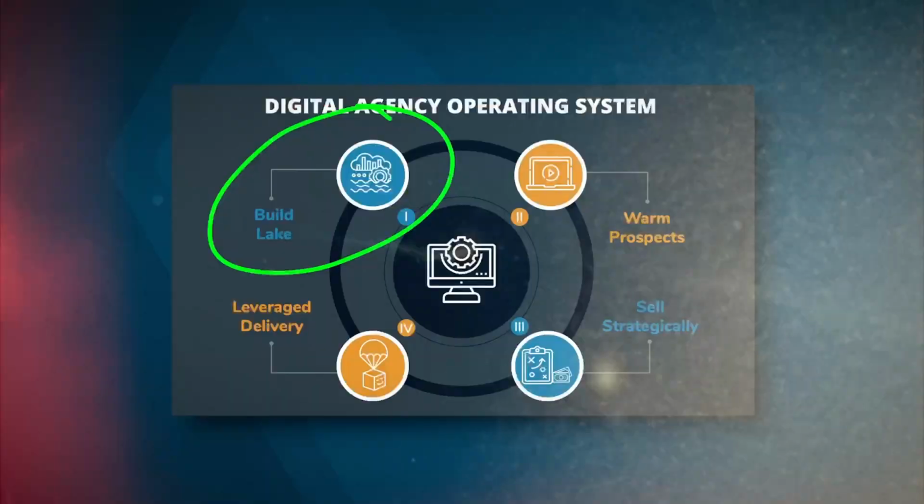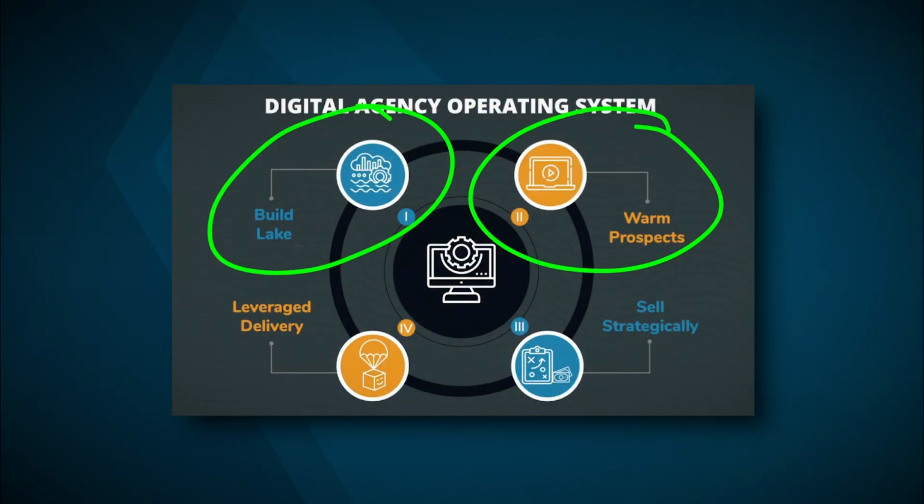An agency needs to have a lake. It needs to have an email list. It needs to have a customer database by which you can go back to and make offers again and again. That makes sales a lot easier. So speaking of making offers, the second pillar inside of the digital agency operating system is all about nurture and